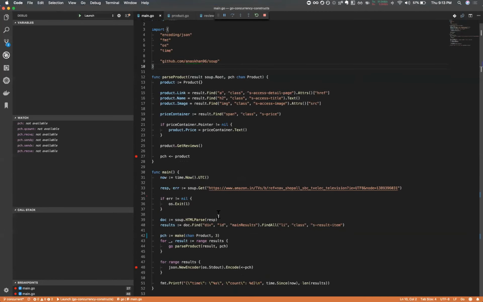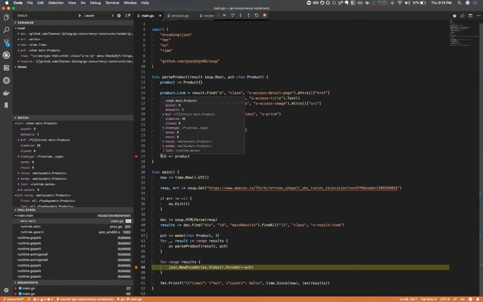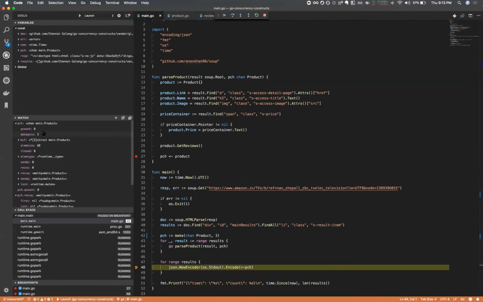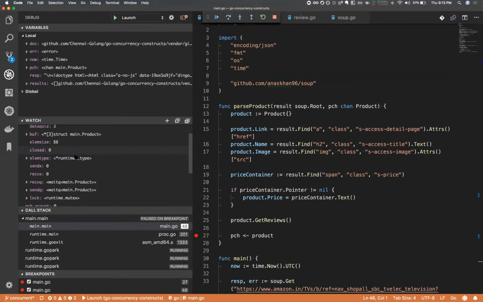I have added a breakpoint on the receiving as well as the sending of product. So I hope the screen is visible. I could increase the font size. Yes. Is it much better?